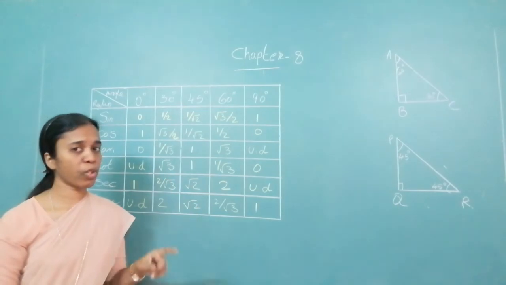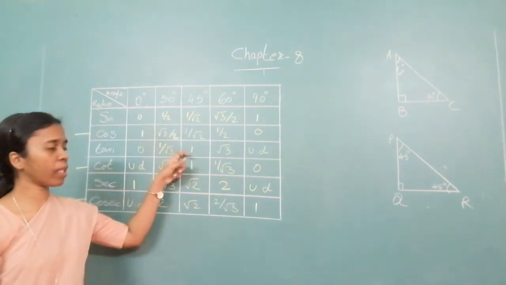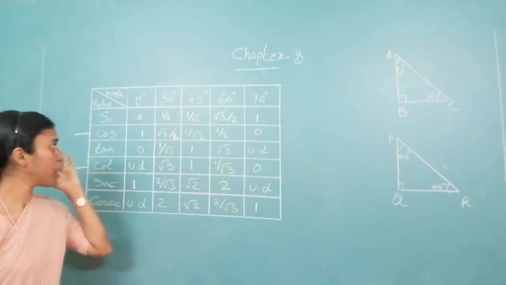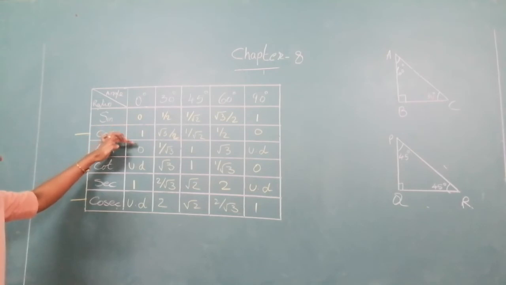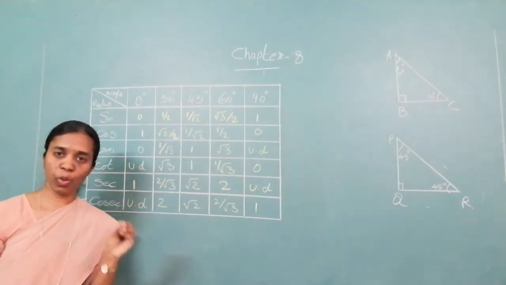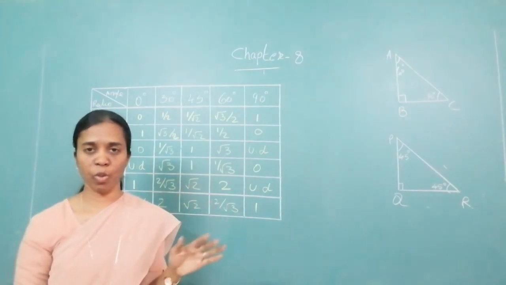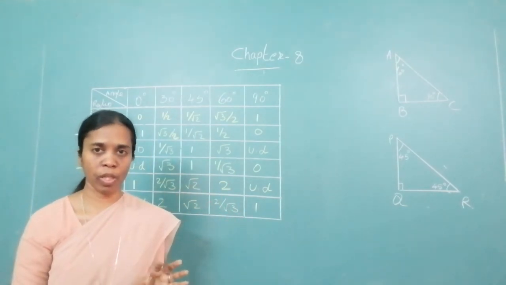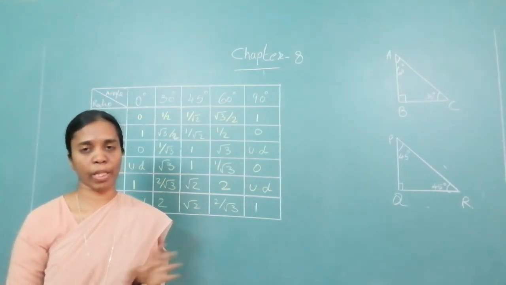When you finish writing also, please have a look at it. That is, at 45 degrees sine and cos, tan and cot, sec and cosec are the same. Similarly here also: 0, 1, 0, undefined, 1, undefined. So keep some clues so that after writing you also know how to check it. You should not make a mistake over it. Okay. You should know this by heart, then only you can solve the problem set or the practices.